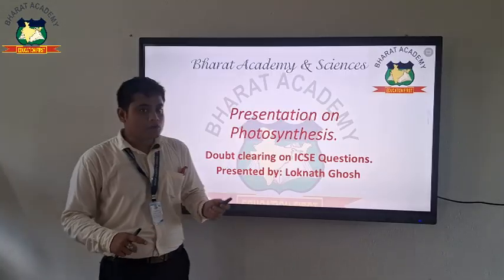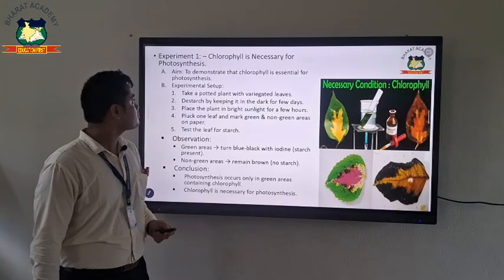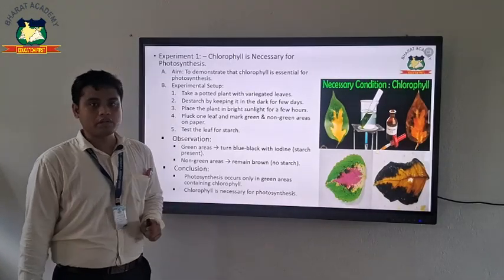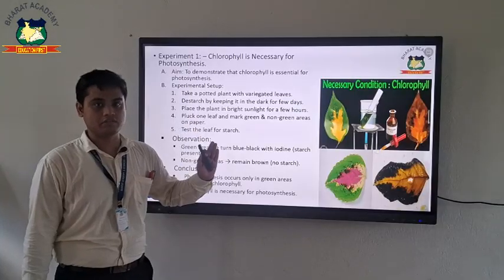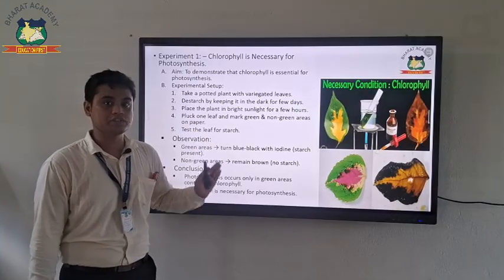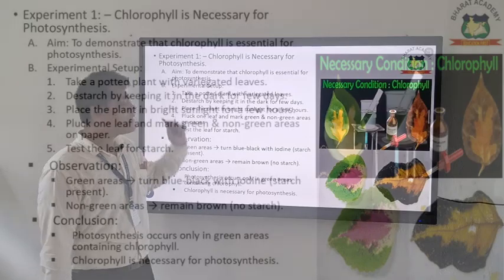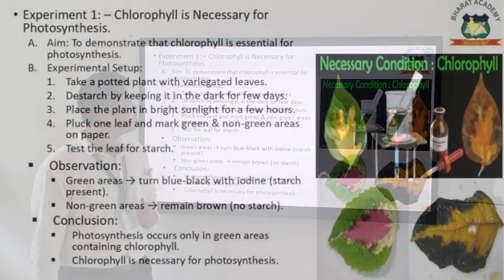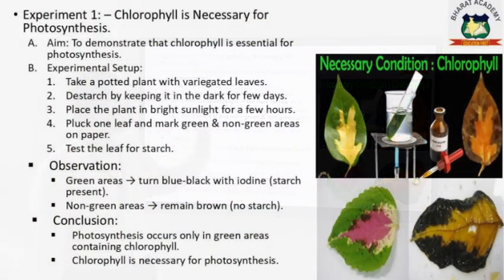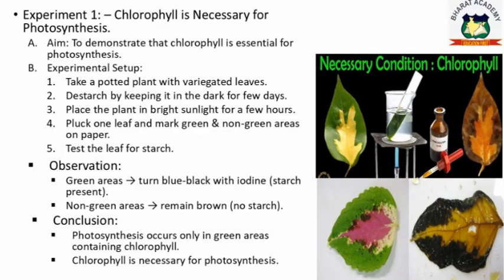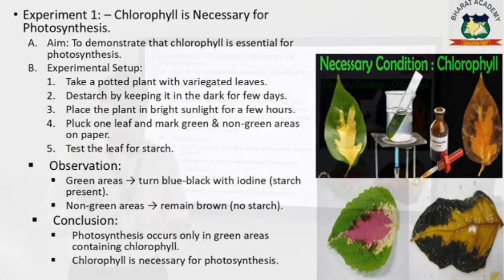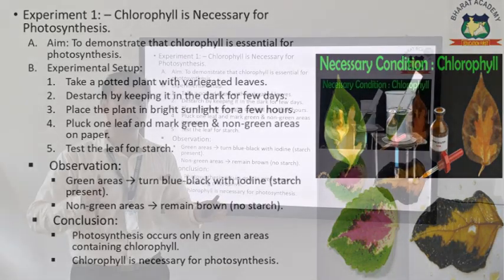Now come to the first slide. Experiment number 1, that is chlorophyll is necessary for the photosynthesis process. What is the aim of this experiment? To demonstrate that chlorophyll is essential for the photosynthesis. Now we use a variegated leaf. What is a variegated leaf? A special kind of leaf that has some portion green in color and some portion pale